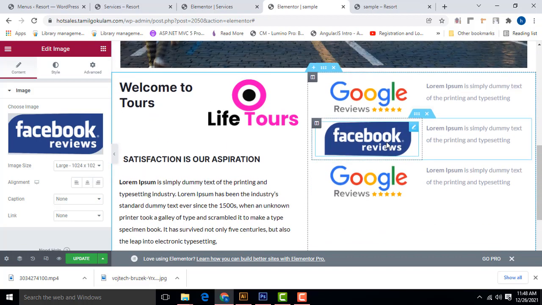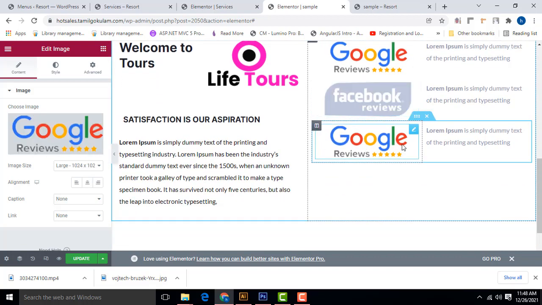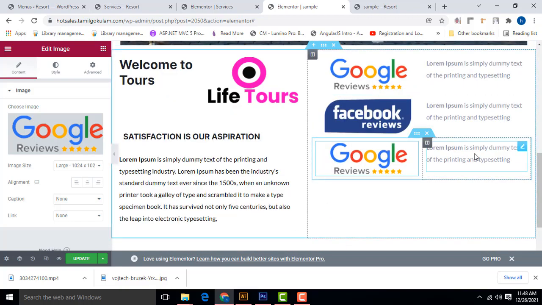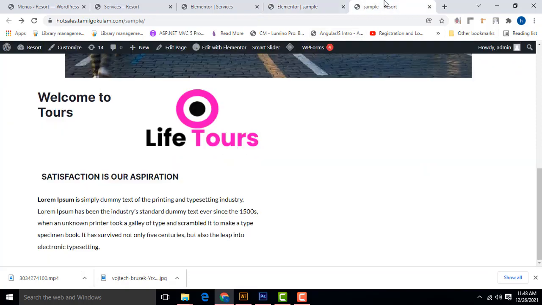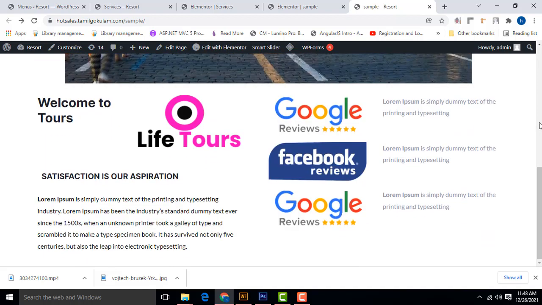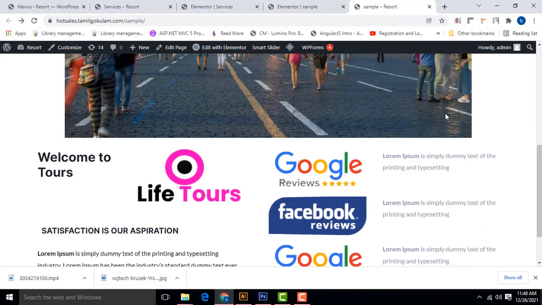Any other image you have to change, you have to click and change it, very simple. This is very simple, you have to do the website. Okay, perfect. You have to update and check whether it's working fine or not. It's working fine, perfectly well. This is how you have to do the website step by step. Okay, very simple, you have to do it professionally.